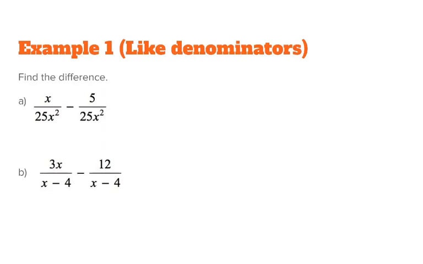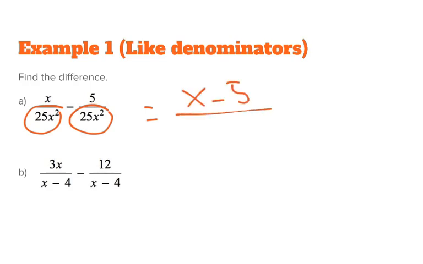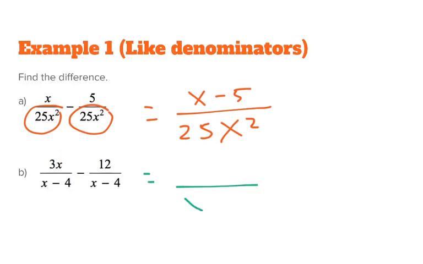So these first ones are easy because they already have common denominators. So when I'm subtracting, I can literally just write x minus 5 over and then just write the common denominator that they have. In this case, that's 25x squared. And I'm done. I can't cancel anything out. Remember, to cancel something out, you'd have to cancel it here, here, and here. But none of these numbers can do that. And so we're done. So if I were to do that with this bottom one, they already have common denominators